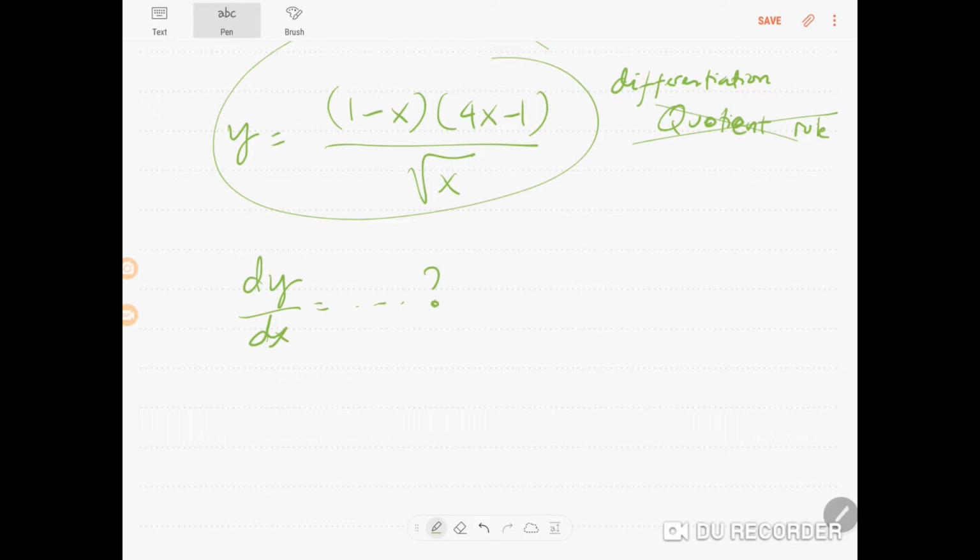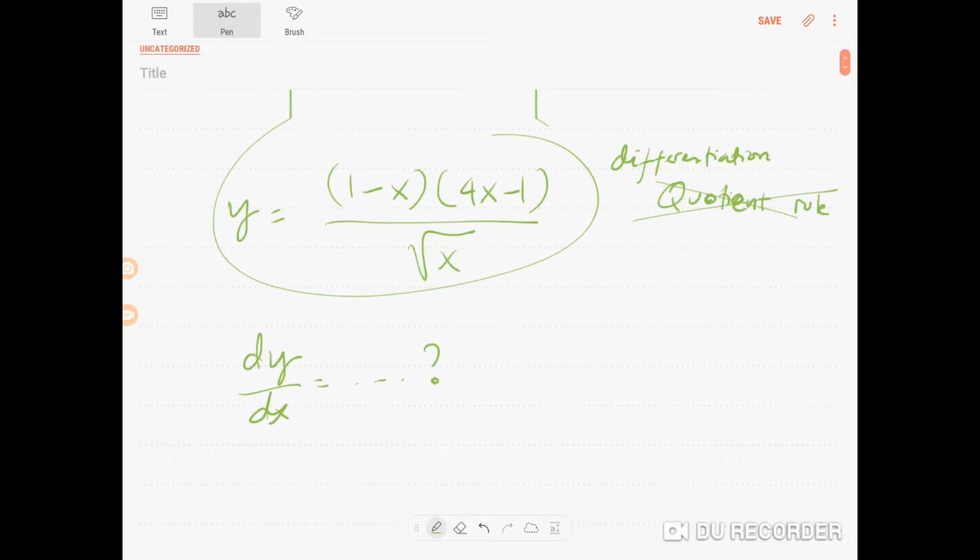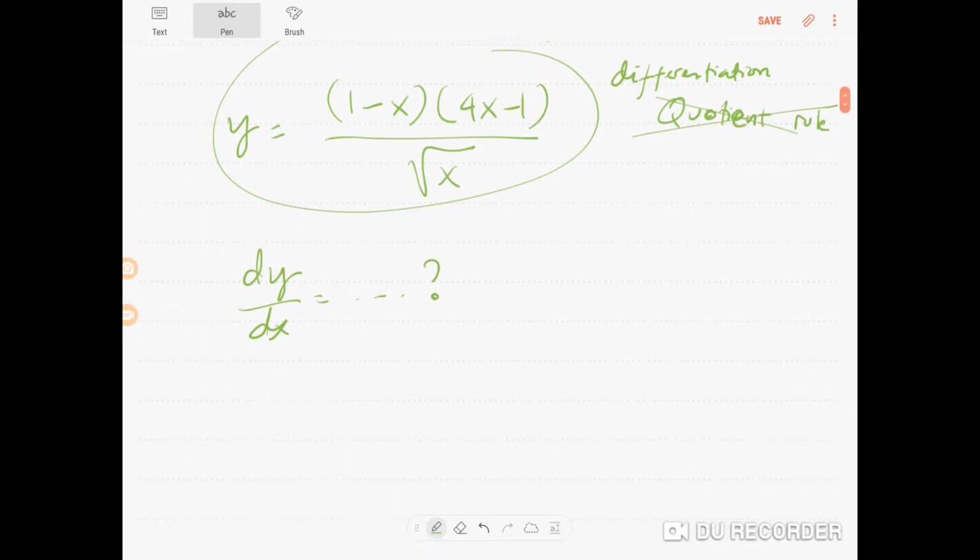It'll make it easier for you to solve it using the basic law of differentiation, unless you want to use the quotient rule. But if you're not asked to use the quotient rule, then let's go with the basic rule, and to do that you have to expand and simplify. So in this case, if we want to expand the numerator, 1 minus x multiplied by 4x minus 1, you will get 1 times 4x, it will be 4x, and alright, I'm just gonna write it here,